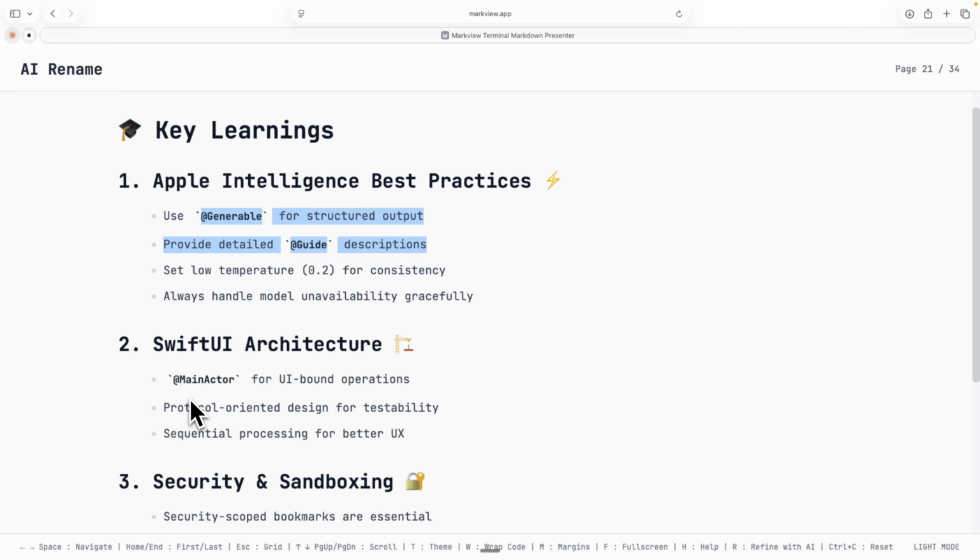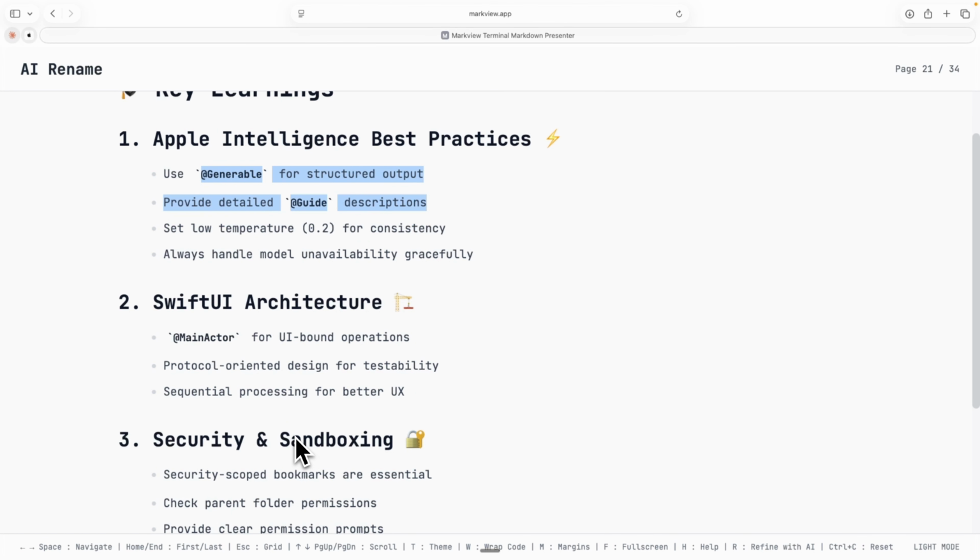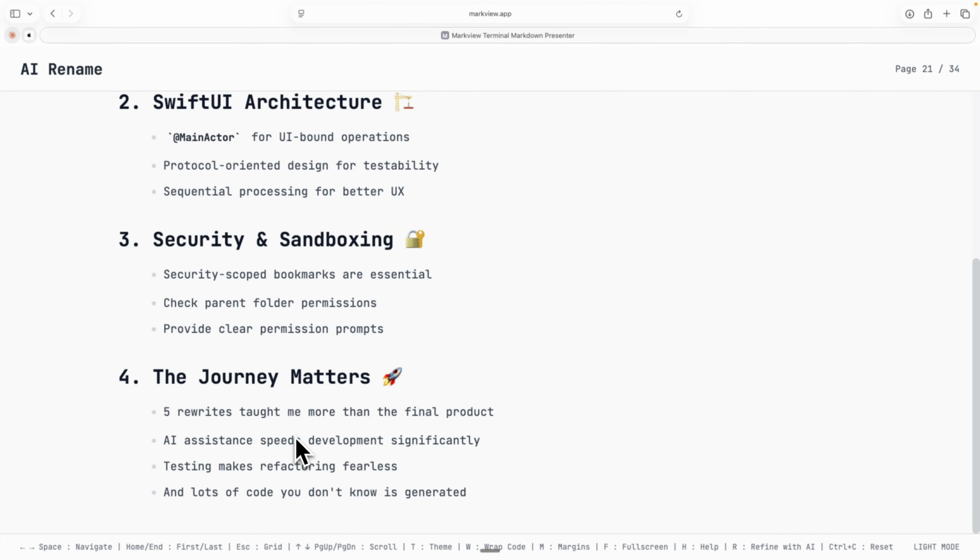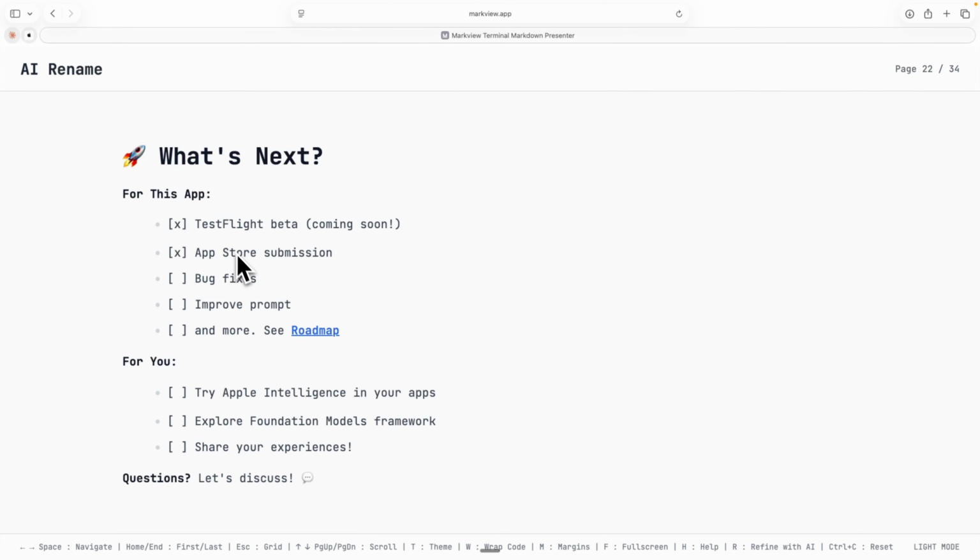What you were saying, Grant, like main actor, I put a lot of things on main actor when I went to the stricter concurrency and tried to understand concurrency, but I'm just glad that it works. And when I say I did it, it's my friend Claude. Yeah, the journey matters. What's next? Get feedback. Well, it's practice. Then when I go to work, that's when I want to know those things and not have to figure it out.